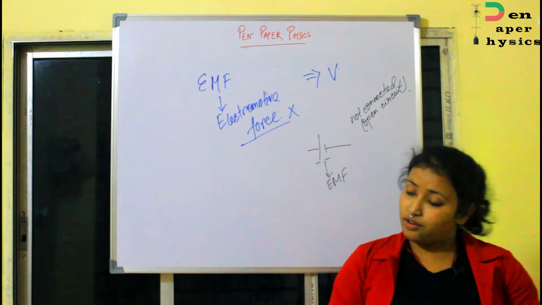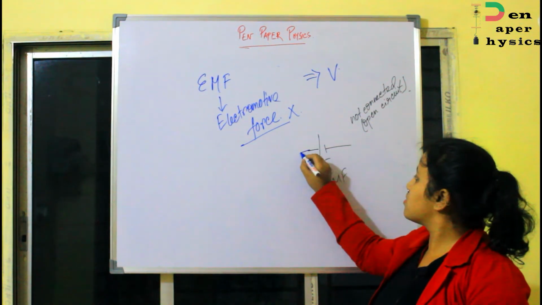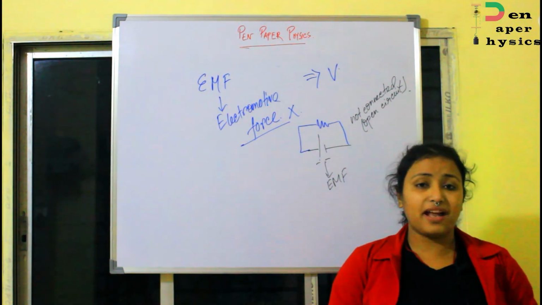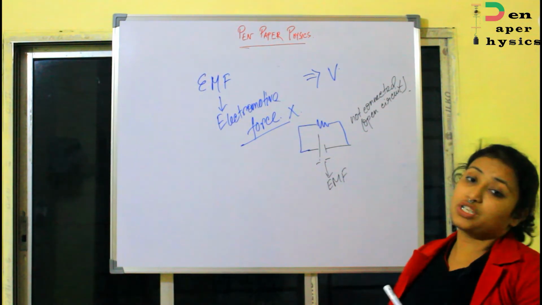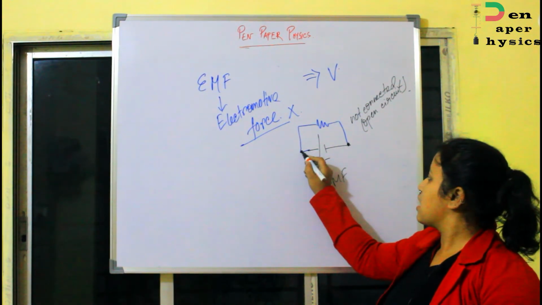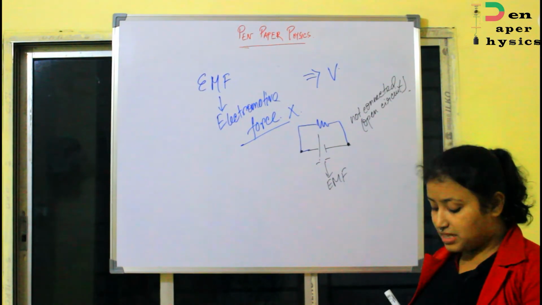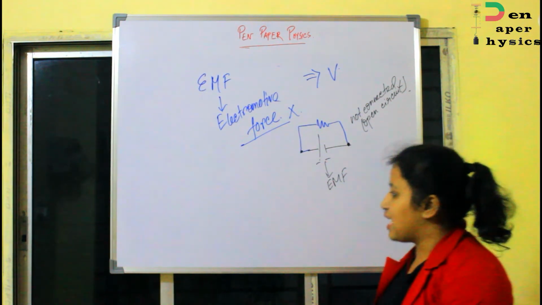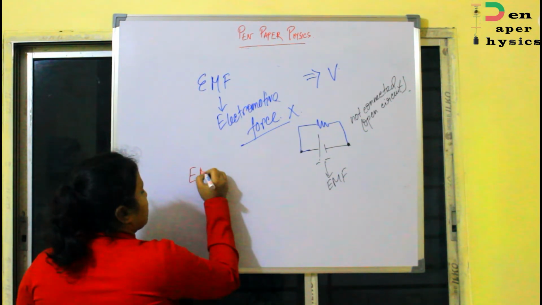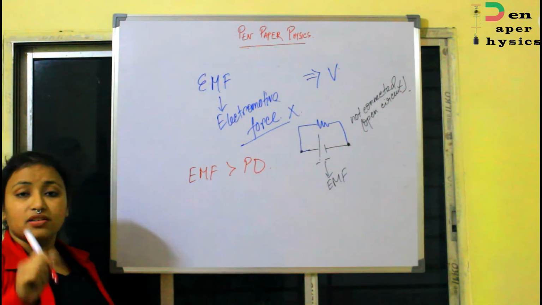then the potential difference of these 2 terminals is actually the EMF of the battery. And whenever you connect this battery to a circuit, it becomes potential difference. So at the 2 terminals of the battery, that's the potential difference we are getting over there. That time it is not anymore an EMF. So technically, if we compare, we will always see that the EMF of a battery is always greater than the PD given by the battery when it is connected to the circuit.